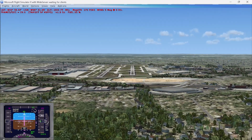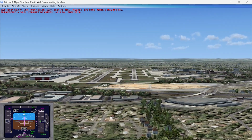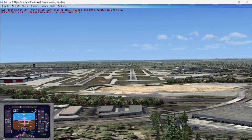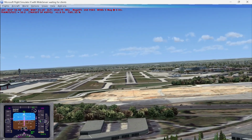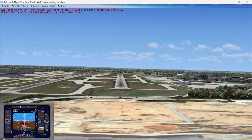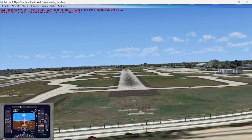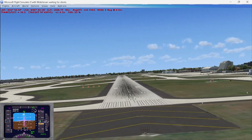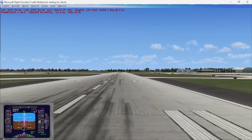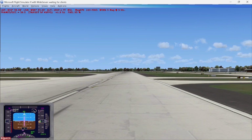Go ahead and take it off autopilot. Don't sink. Don't sink. Don't sink. A little bit right of center, but